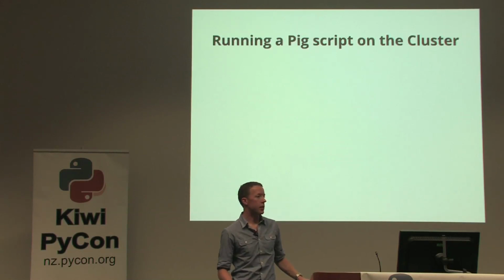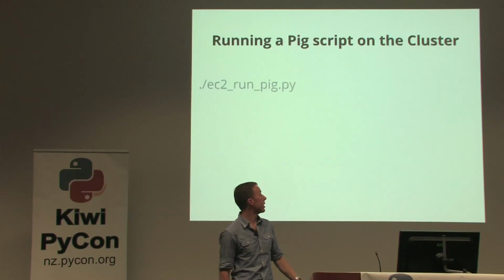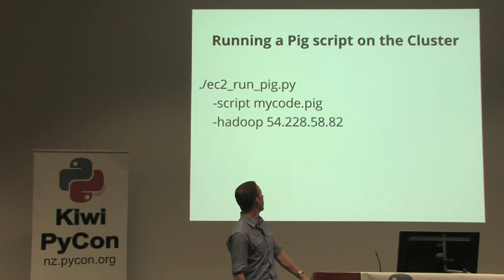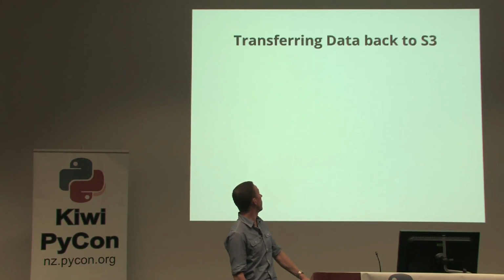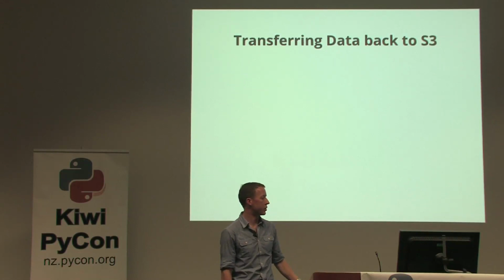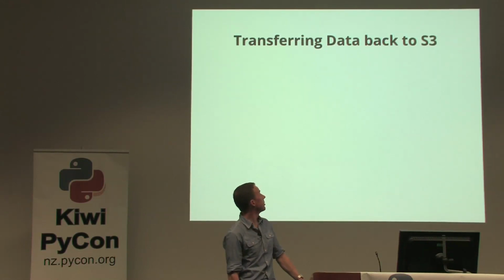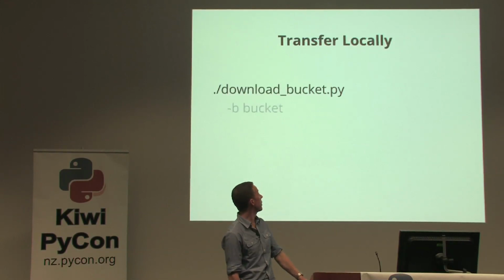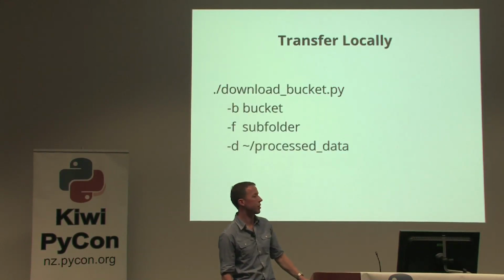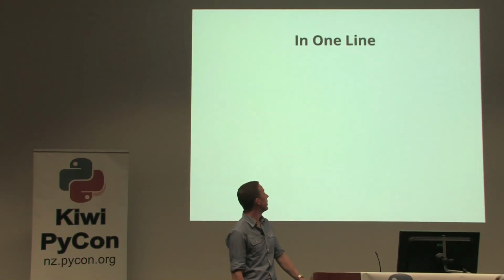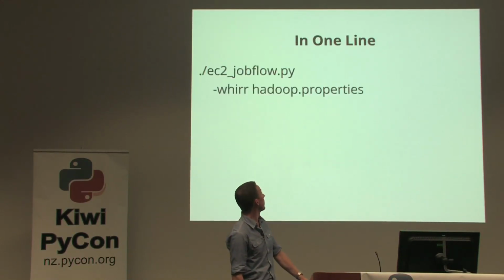Once the data is on the cluster, I now run another Python script on my laptop, which runs a program on the cluster. That's the location of the program file. Again, the Hadoop name node IP, and that's it. Once that script is finished running, which you monitor through the web interface, you transfer the data back to S3, just the reverse of before. And then download it from S3 to your local laptop where you can plot the aggregated, summarized results. Or you can run the entire thing in one line.